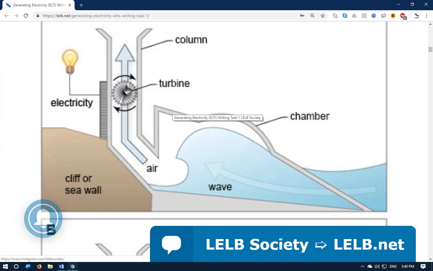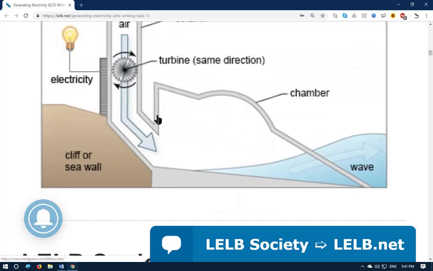The turbine or turbine, two pronunciations, and this turbine actually is spinning because of the airflow. Okay, and this action creates electricity or generates electricity. And in the next diagram,